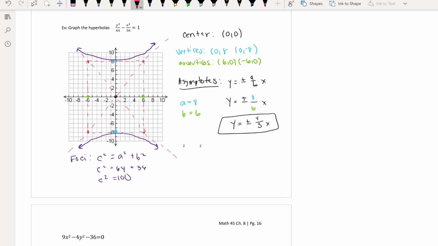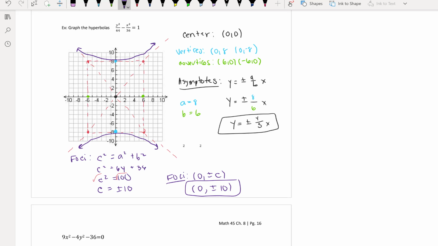So if I were to square root both sides, I get that c is equal to plus or minus 10. So my foci, don't forget that general equation is going to be 0 plus or minus c. So I'm going to have 0 plus or minus 10